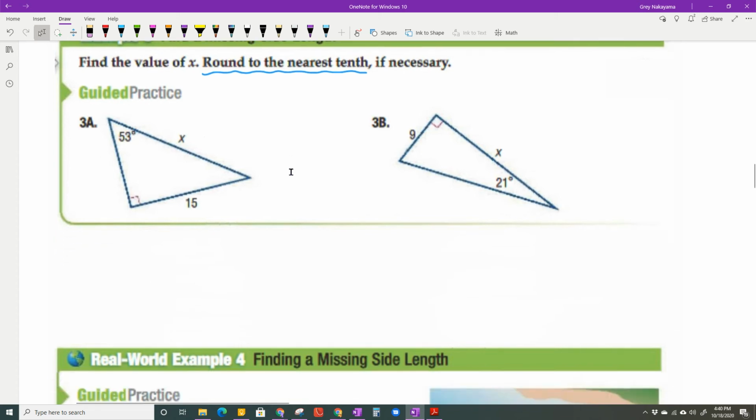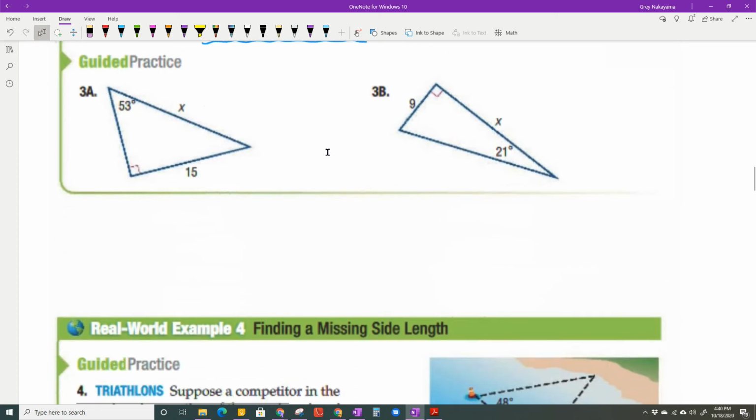So, if I'm looking for x, and this is my angle, then these two sides can be defined according to that angle. Well, x is across from the right angle, so it is the hypotenuse. 15 is across from the original angle, so it is opposite. So the trig function that deals with opposite and hypotenuse is the sine function. So I'm going to have the sine of 53 is equal to opposite, which is 15, over